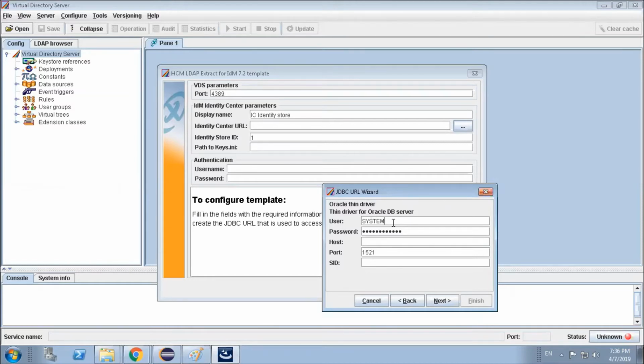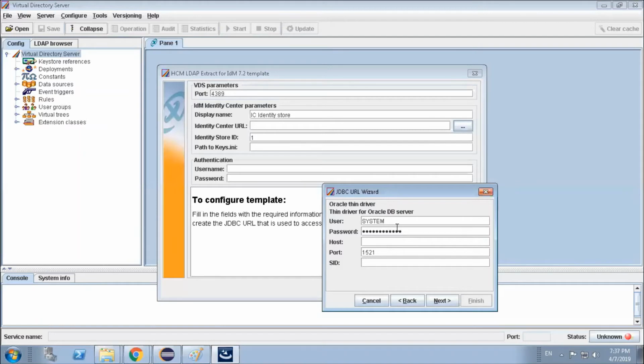In order to log into the database, here we have to use the admin user ID, not ORIDM underscore OPER. If it is ORIDM underscore admin, it has access to both schemas. We have two types of schema, right? One is the operational schema, and one is the RT schema, that is the runtime schema. If that particular user has full access to all the schemas, then we can use that user ID.